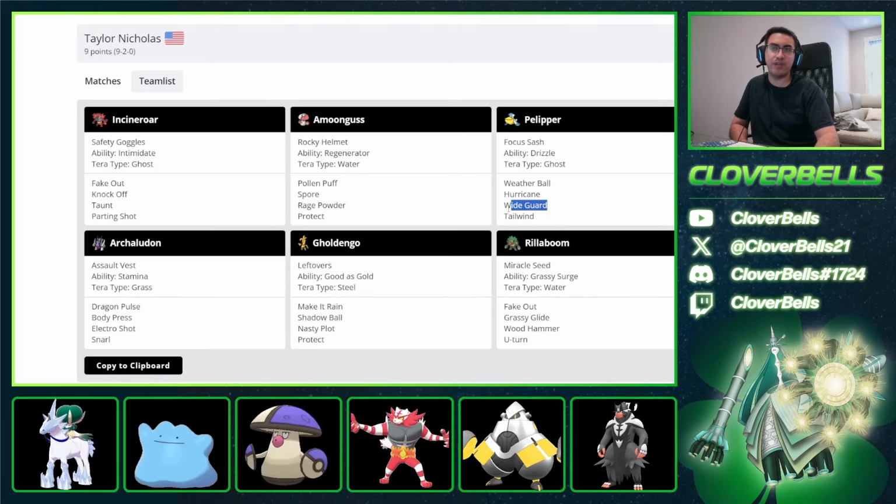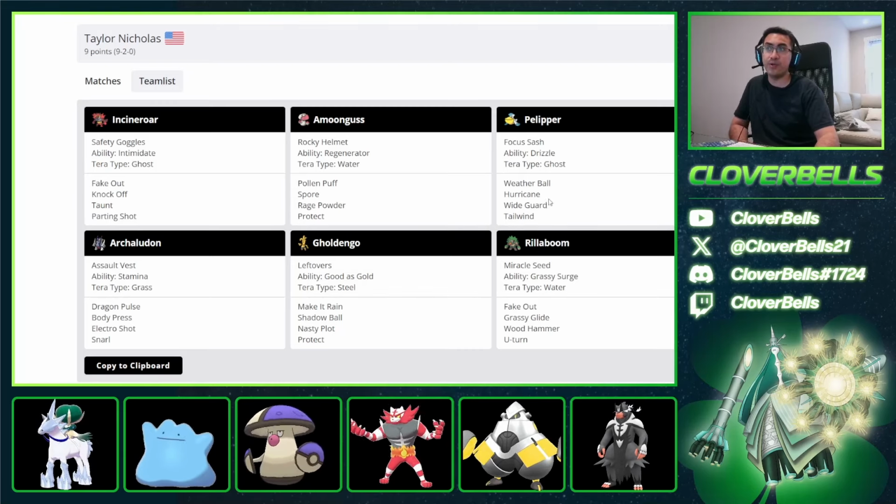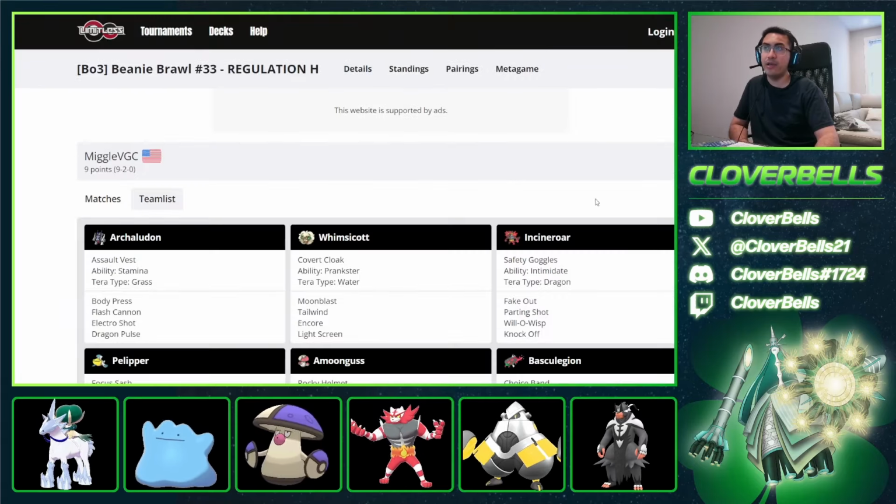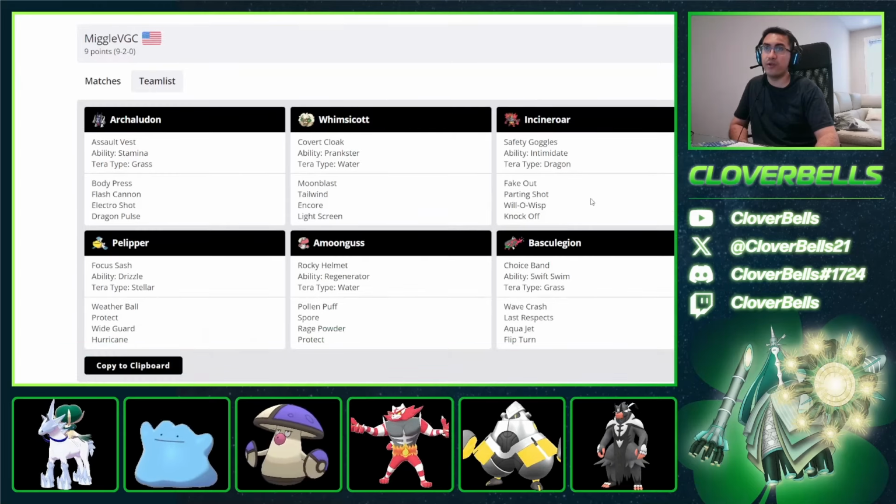Again, this is still pretty good against Hyper Voice, Blood Moon Ursaluna, and then Pelipper also does great damage into the Blood Moon Ursaluna, forcing it to Tera. So you can put pressure that way with your water type. So I like this. Then as we move down here, Miggle, one of our viewers, one of the people that